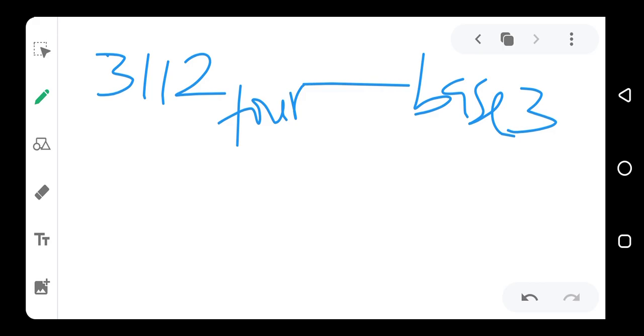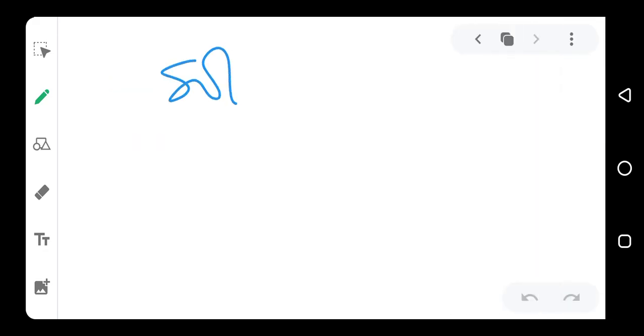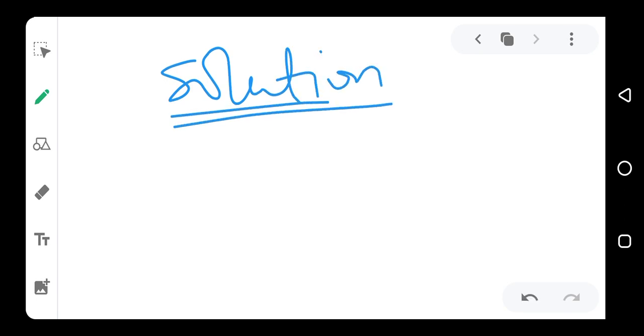To convert 3, 1, 1, 2 to base 3, we first of all convert this number to base 10, and from base 10 we convert it to base 3. So what we are going to have, solution: 3, 1, 1, 2 to base 10